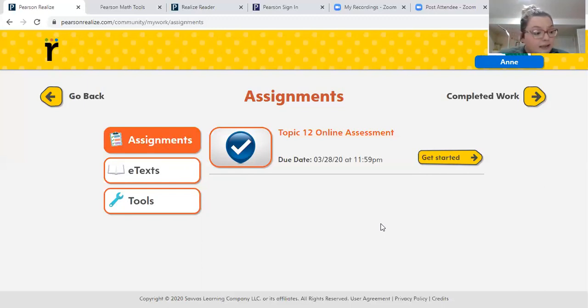So if you click on Get Started, if I didn't mention this before, this test will be available starting at 12 a.m. on Tuesday morning, and it will close at 11:59 p.m. on Tuesday. So they don't need to sit at any specific time where they're all working on it together. It's just whenever it's most convenient for your schedule during the day is when they can sit and complete their assignment. So when you click Get Started,